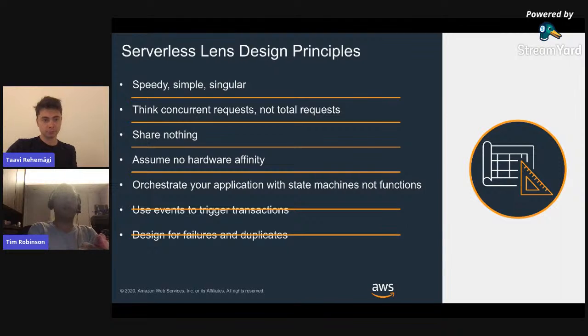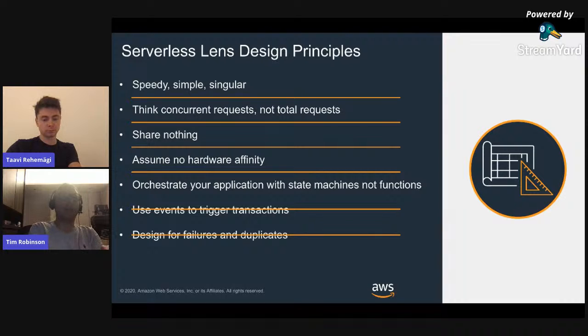So moving on to concurrency, really serverless applications, one of the main advantages for me is that they make full use of the concurrency model. So this means that really trade-off at the design level is really evaluated based on concurrency. So we don't really need to be bound by total request. We can really take advantage of that concurrency model.